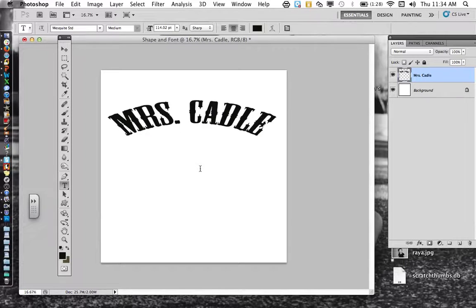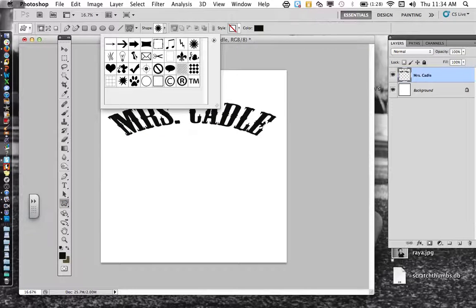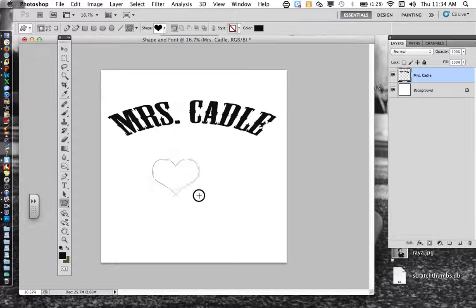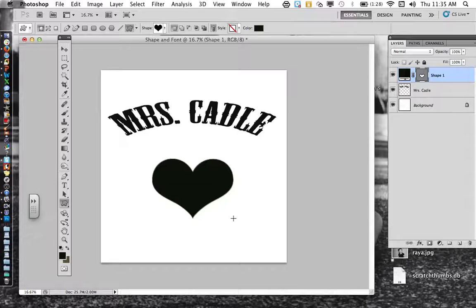The next thing we're going to add is a shape. So the shape tool is beneath the font tool, and I'm going to use the custom shape tool. The shapes to select from are from this drop down menu, and I will select the heart. To utilize our heart and the shape, you're going to click and drag and release the mouse, and in drops